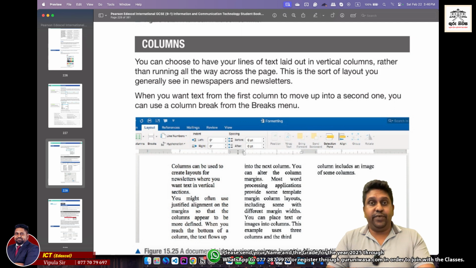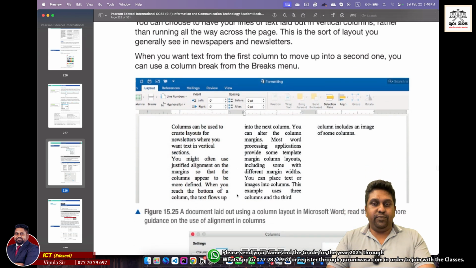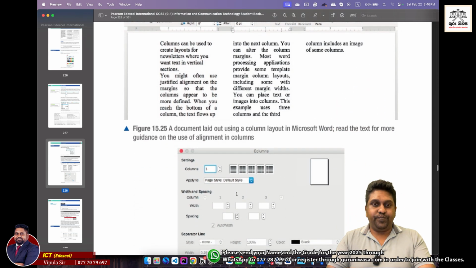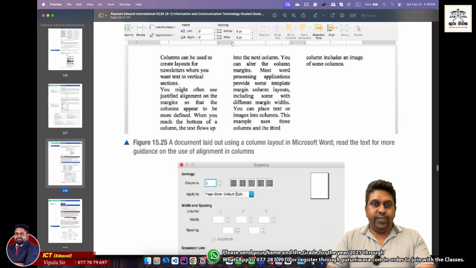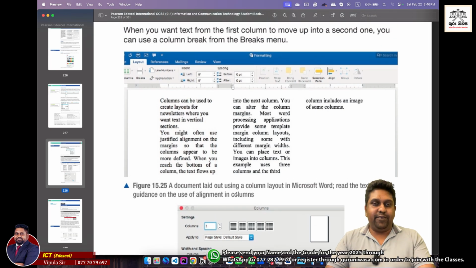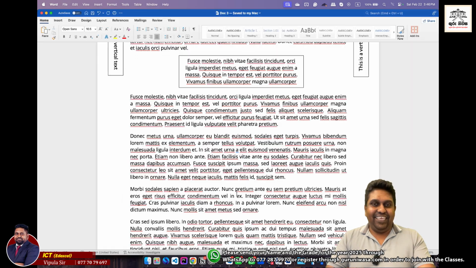An example is if you take a newspaper type of layout, which is known as tabloid. Okay, so these layouts are known as tabloid. So how do you do this? You basically have an option to come up with a certain set of columns. Okay, now